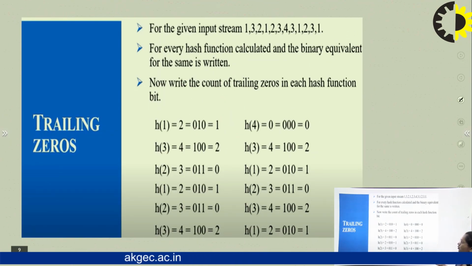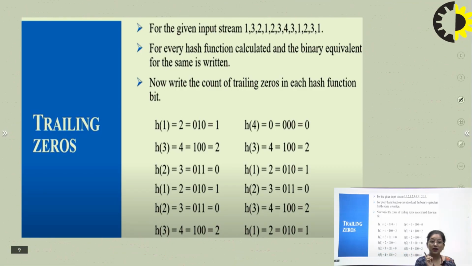As I told you, we count the trailing 0. How do we count? We count the number of 0s till we get a 1. Here I count: 1 and then there is a 1, so the number of 0 is 1. Here 1, 2, and now here is the 1, so the number of 0 is 2.